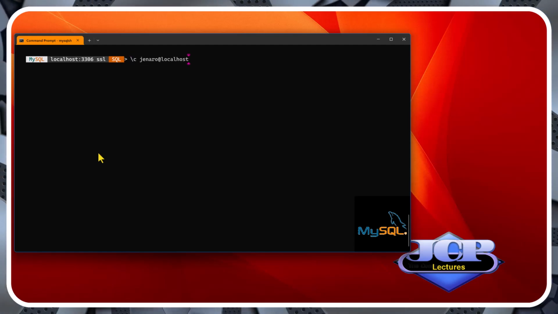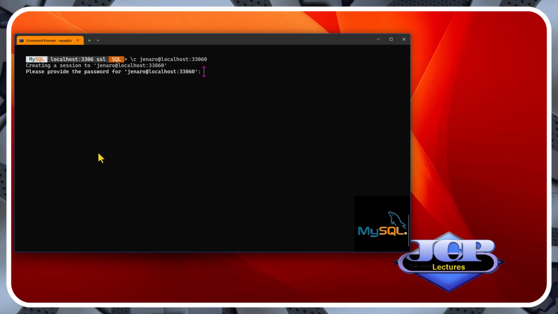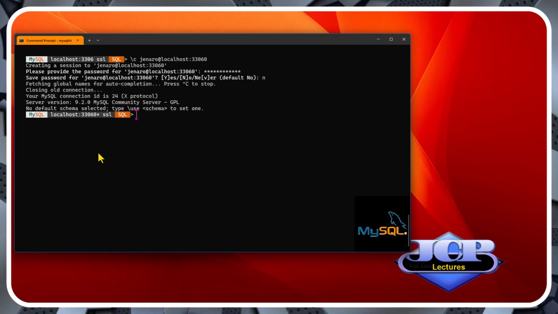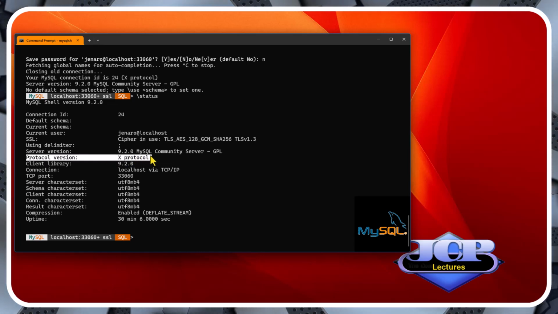Now let's do another connection, but now using the port 33060. As you can see, the protocol version is X.